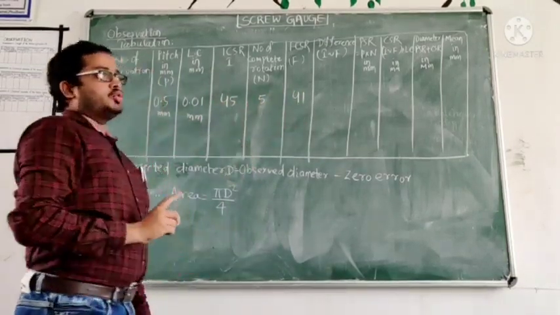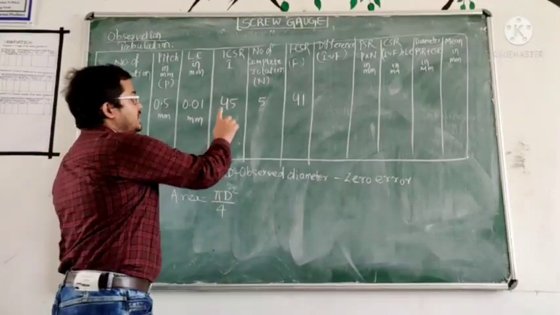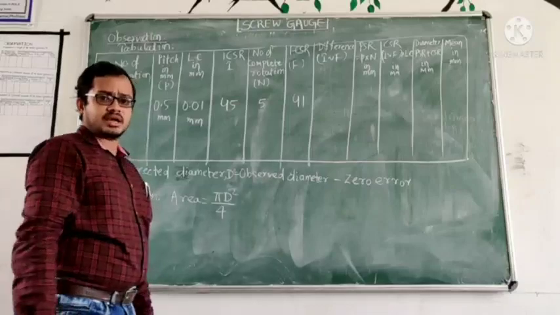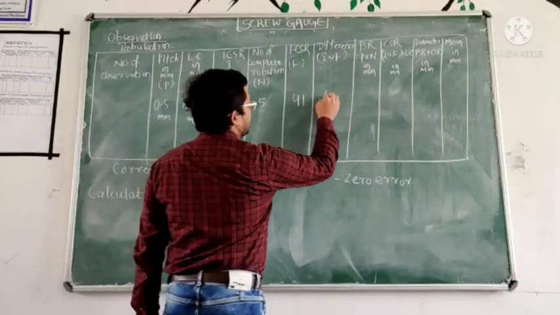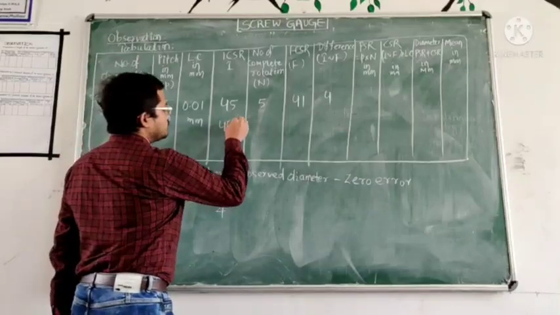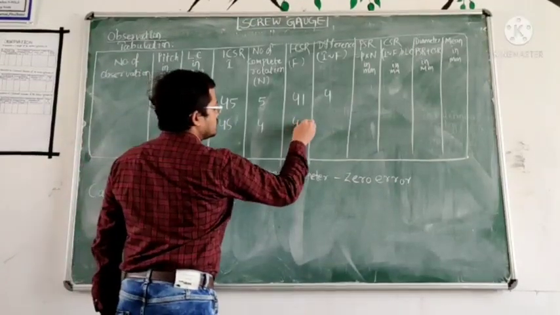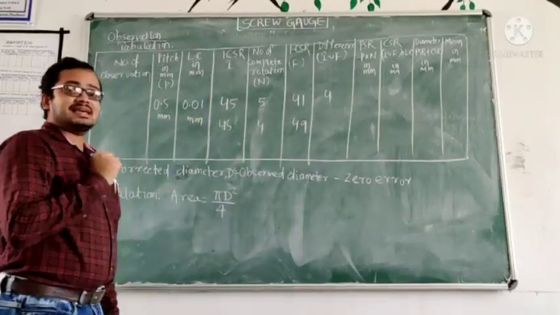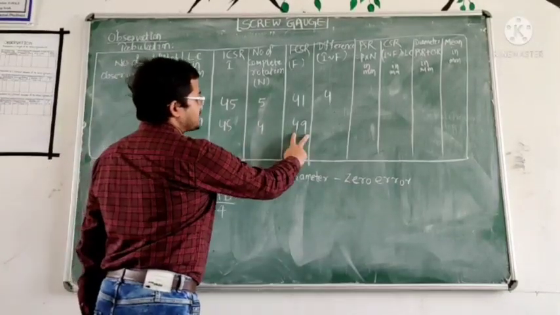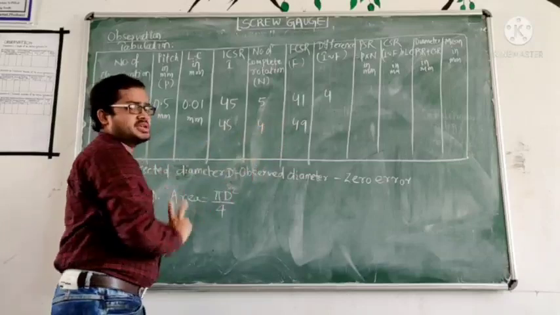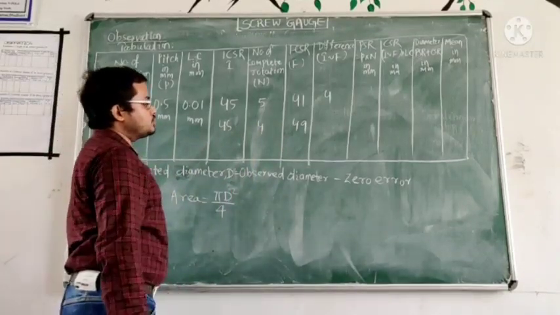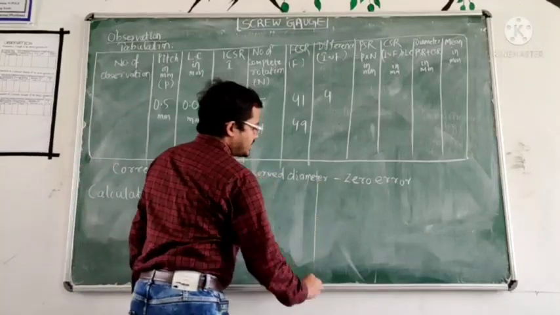Here one question arises. Here you can see clearly it is 45 and it is 41. You can simply subtract and get the value as 4. But the question arises, in this case, what will we do if I is 45 and our FCSR is 49? We cannot simply subtract it. When this case arises, we are going to use a formula. Here I am writing it for you.